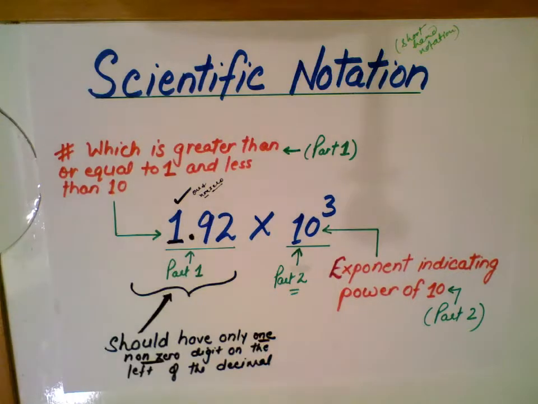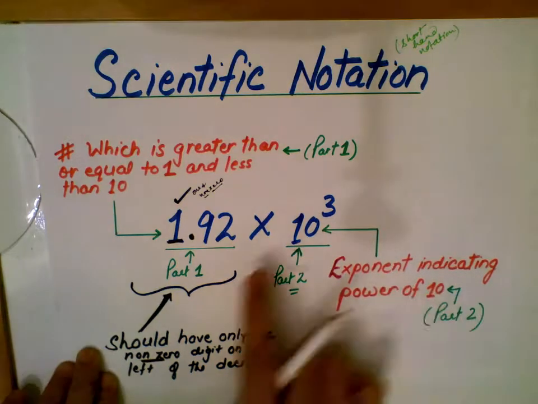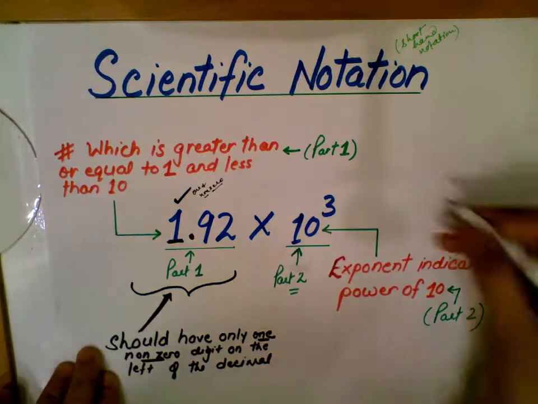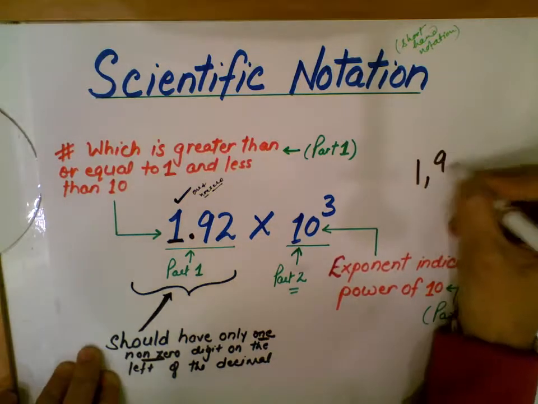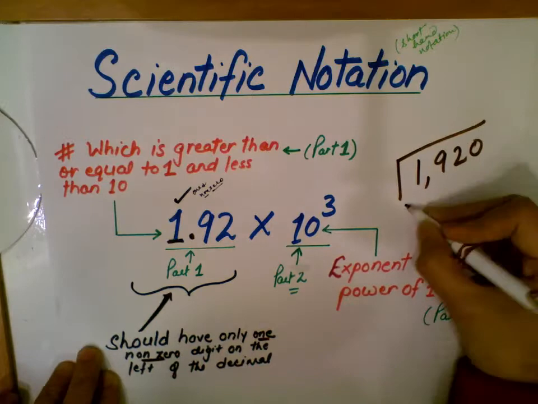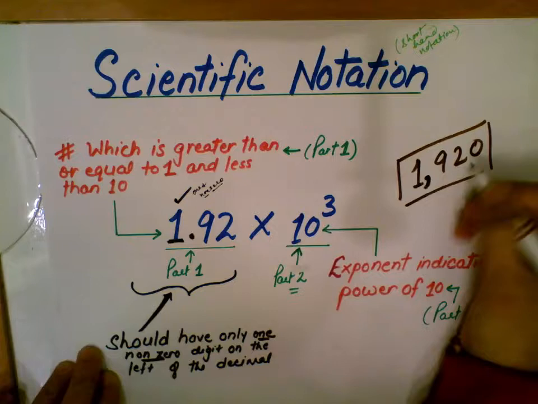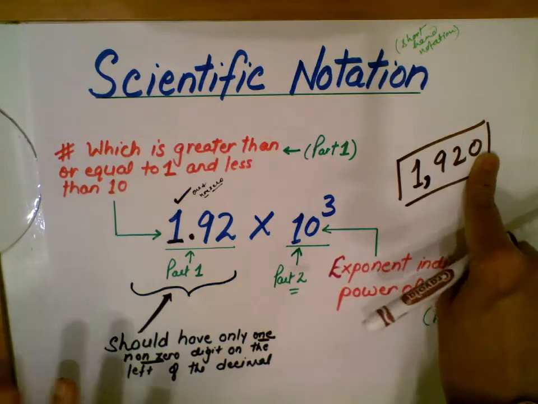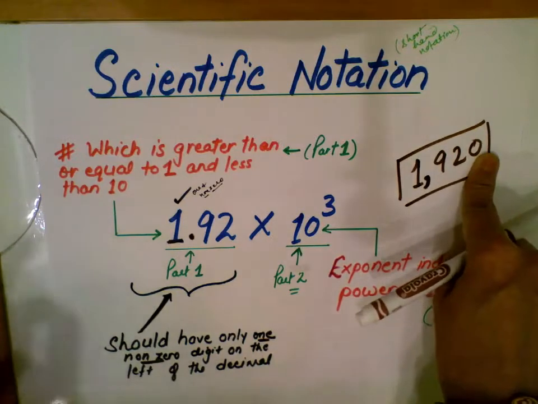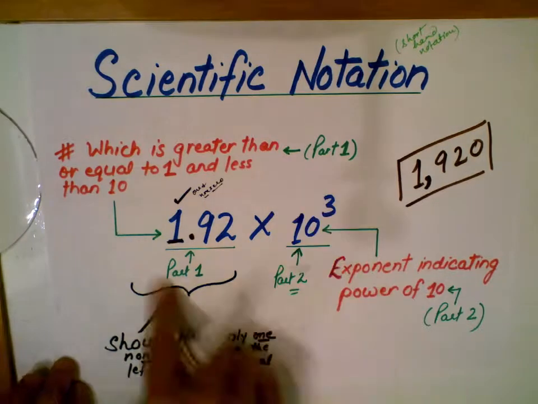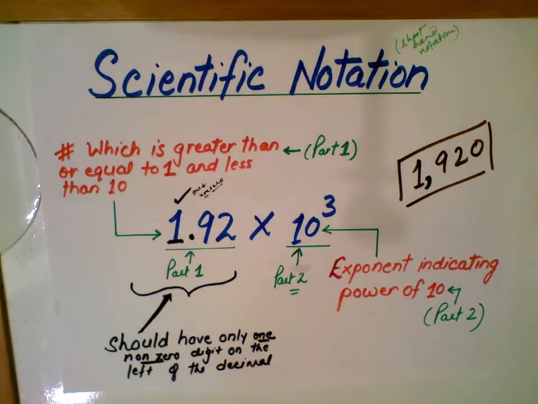Once again, ordinary notation is the regular way of writing numbers, and it is also called standard notation or long form. So if you have to write this number in ordinary notation, it would be this one. So this is ordinary notation, the regular form, in general regular, ordinary, standard, long form, and this one is the scientific notation. Let's understand this with examples.